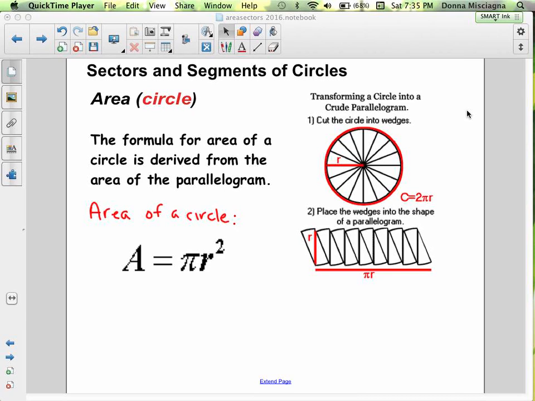Well, the formula for the area of a circle is derived from the area of a parallelogram. So imagine we take our circle and we cut the circle into wedges. And then we take those wedges and each time we flip them to create the shape of a parallelogram. Okay? Well, the area for a parallelogram